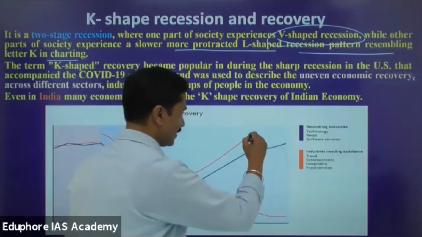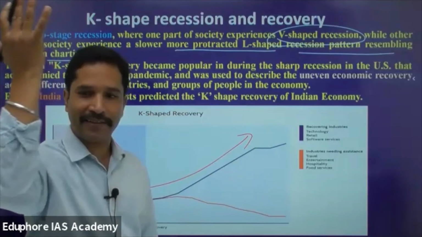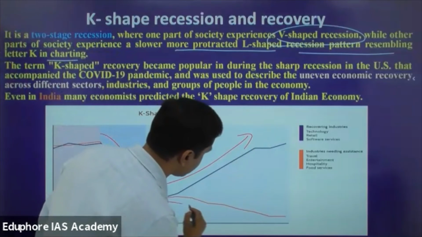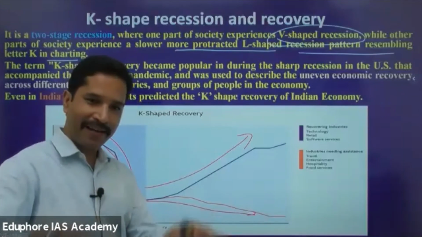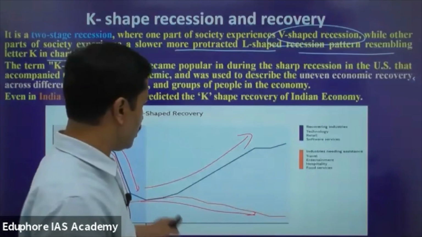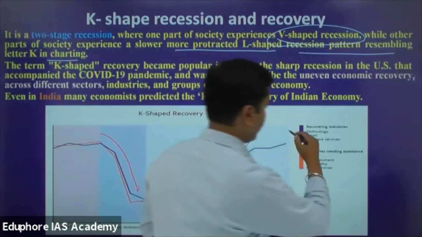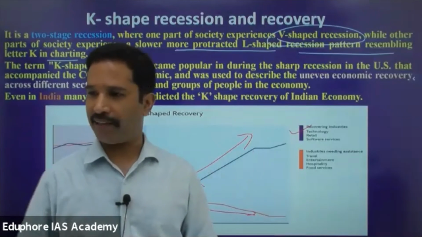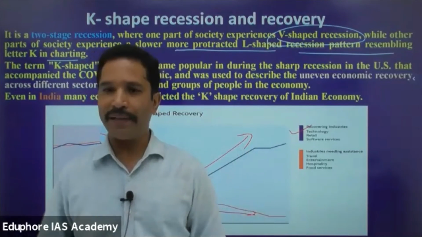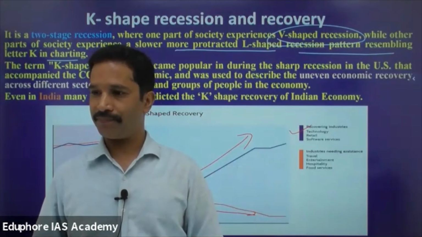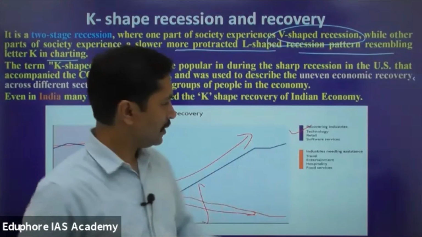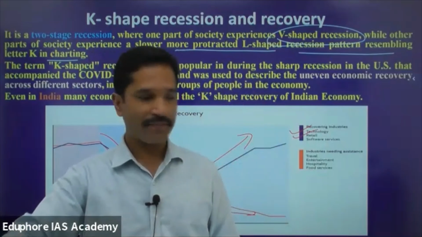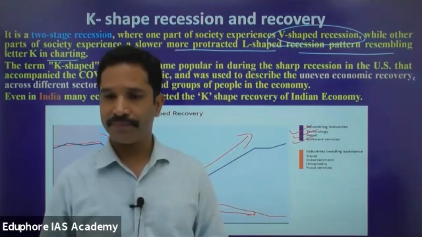but few industries, they rise up, they experience a strong recovery, and other industries, they remain at the bottom for a sustained period of time। So those industries which are going up, technology, IT, स्पेशली IT सेक्टर एंड टेक्नोलॉजी। अब इस कोविड टाइम में कितना लैपटॉप बिका है, कितना मोबाइल फोन बिका है, कितने घरों में ब्रॉडबैंड कनेक्शन, वाईफाई कनेक्शंस लगे। समझ रही बात? सो टेक्नोलॉजी, रिटेल, ऑनलाइन, स्पेशली रिटेल बिजनेस, सॉफ्टवेयर सर्विसेज।